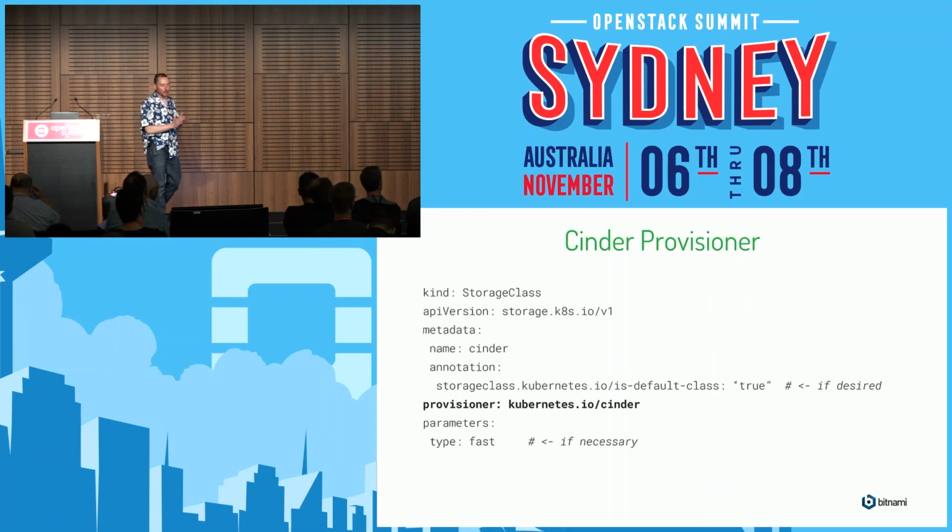If you want to enable the Cinder Auto Provisioner, that's what it looks like. That's the Kubernetes API object. So you do kubectl create -f, that thing. The key line is provisioner, that string. And if you want to make it the default persistent volume class, you add the annotation above that. And there's a few parameters supported. They're not many. You can tell it what availability zone, and you can tell it what Cinder type you want.